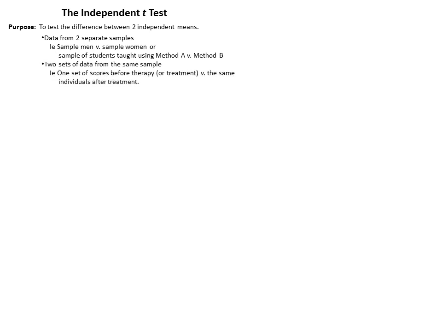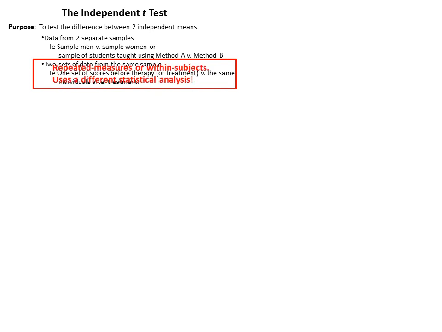Try not to confuse that with taking two sets of data from the same sample. An example of that would be taking one set of scores before therapy or treatment and comparing that to the same set of individuals after they've experienced the therapy or the treatment. That would not be something that we would use the independent t-test for. We actually call that a repeated measures or within subjects type analysis, and it's a different statistical analysis altogether. So we'll go ahead and just remove that